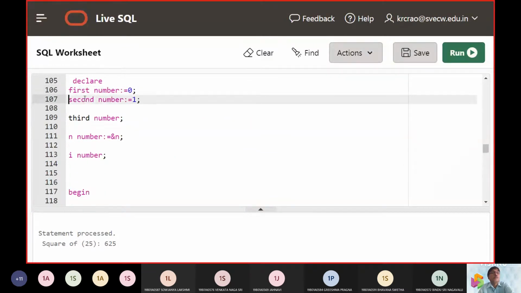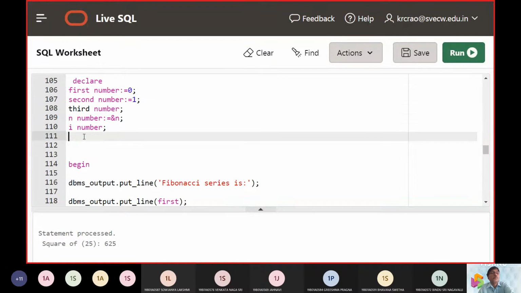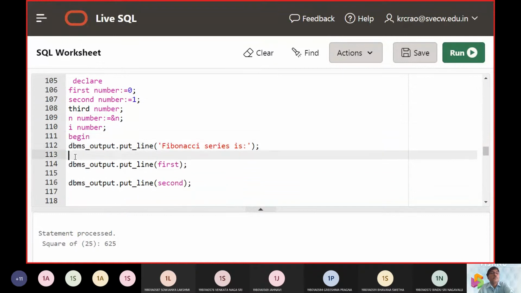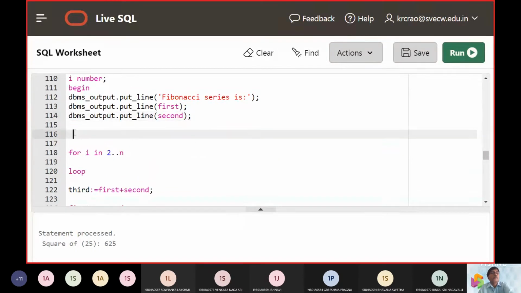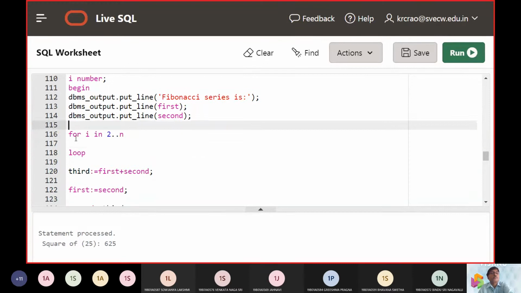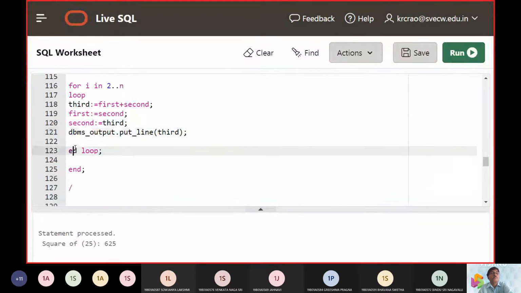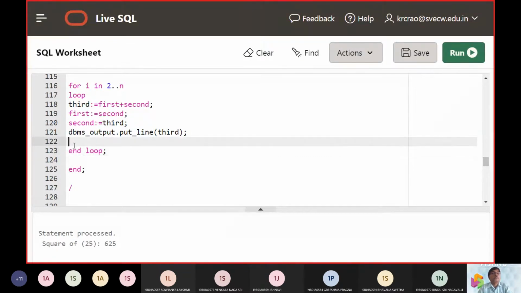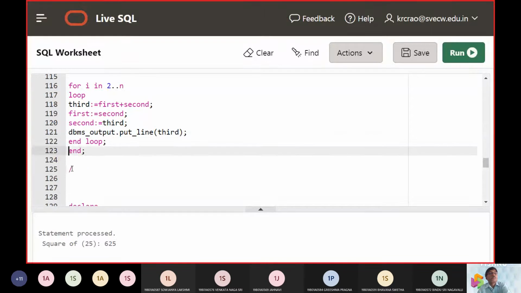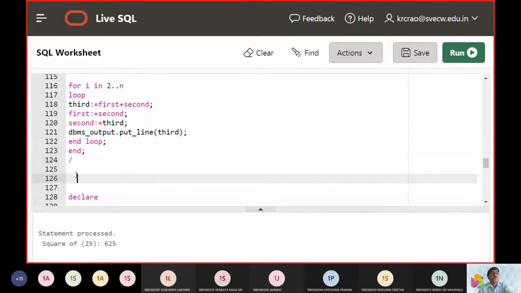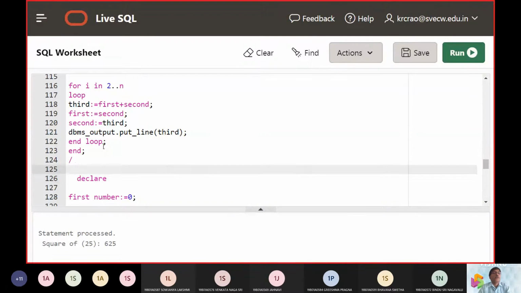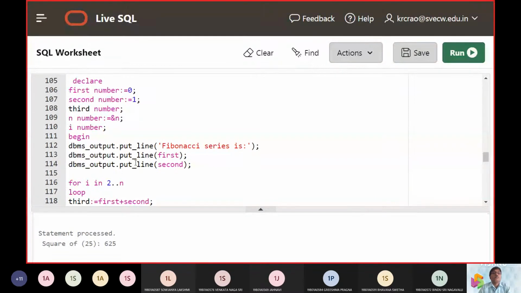Now we gave two numbers. Next we are calling this, the second program.